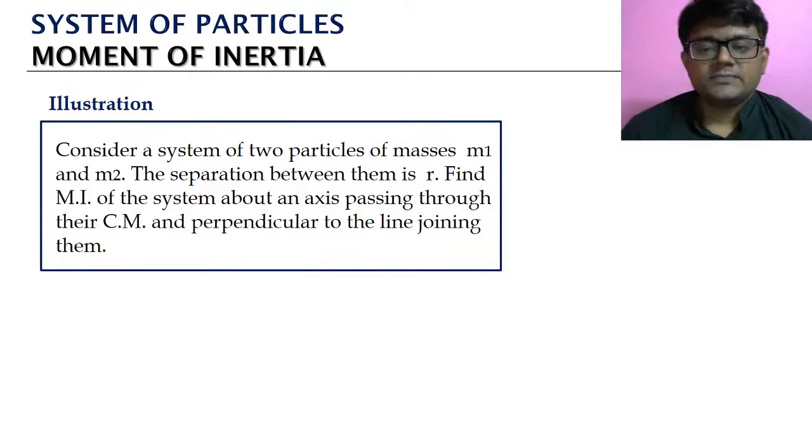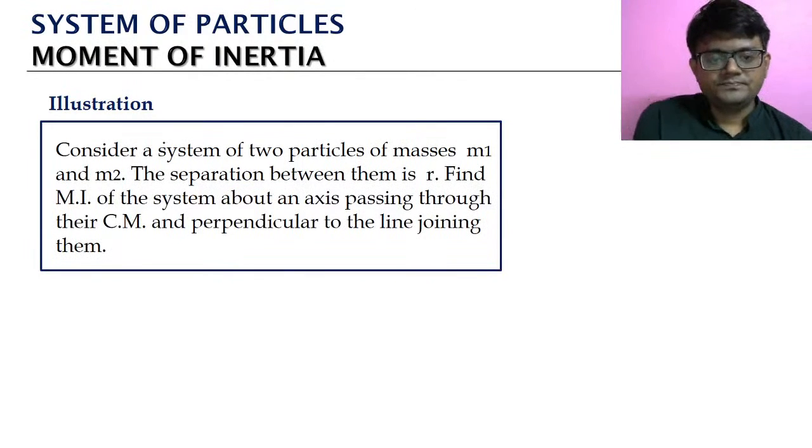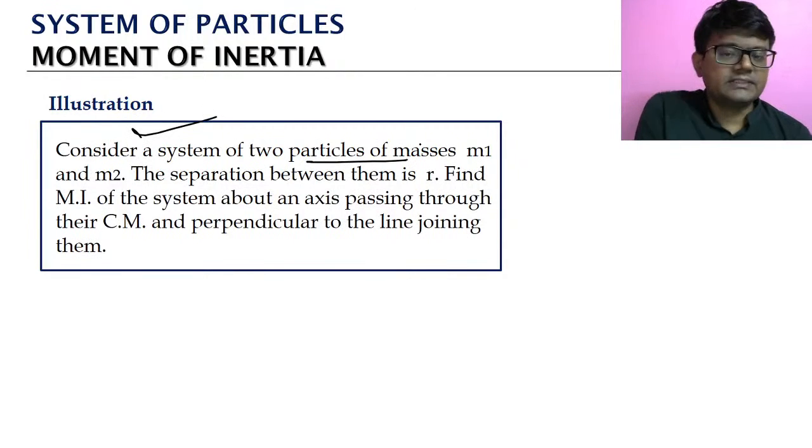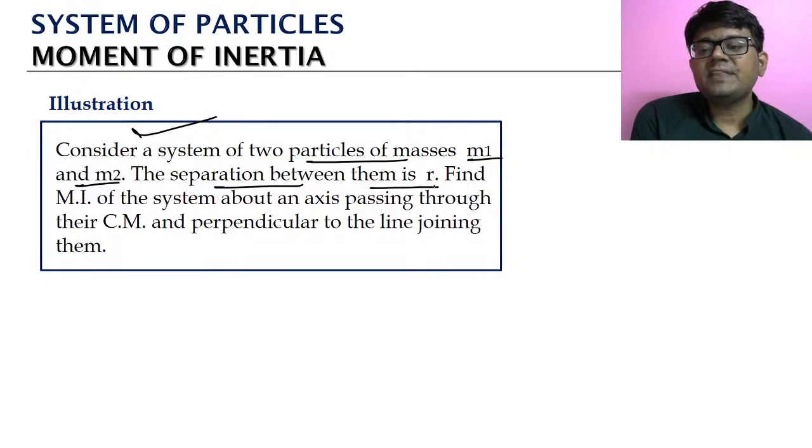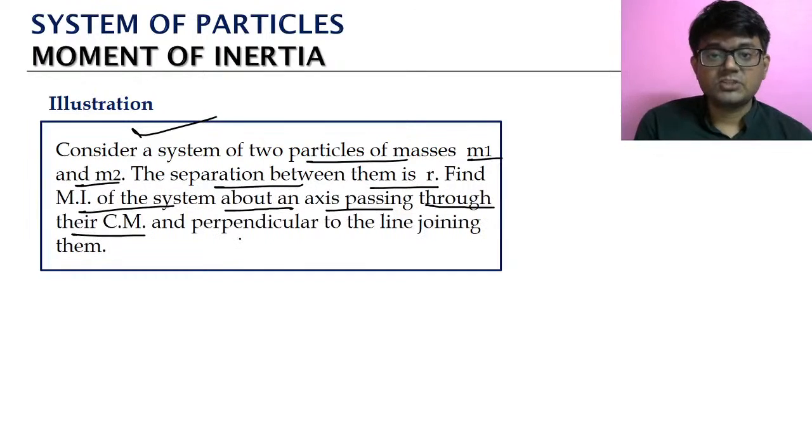அடுத்த question பாருங்க, this is another standard question. Consider a system of two particles. எத்தனை particles இருக்கா, 2 particles. அதோட masses m1 and m2, ஓகேவா? The separation between them is r. Find the moment of inertia about an axis passing through the center of mass. So அந்த ரெண்டு particles ஓட center of mass வழியா the axis is going and perpendicular to